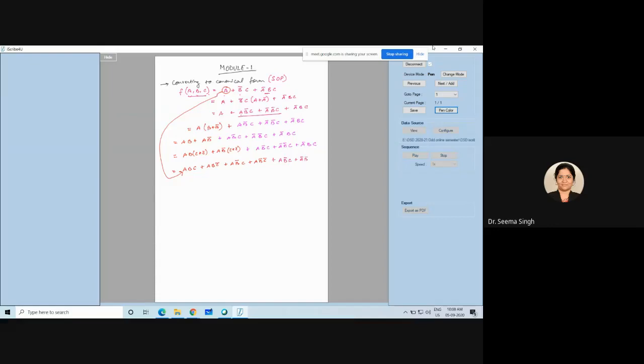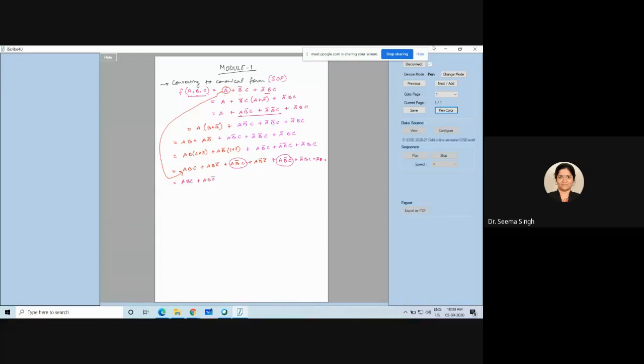If I make any mistake, please let me know. Okay. Now what you can see, there may be some common terms. Which are common terms? A, B, C bar. Where is A, B, C bar? Only one A, B, C bar I am able to see. A, B bar, C are common terms. So this A, B bar, C and this A, B bar, C are common terms. Is there anything else common? No, ma'am. Okay, so let me write only one.